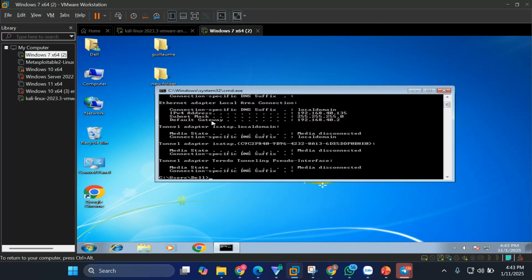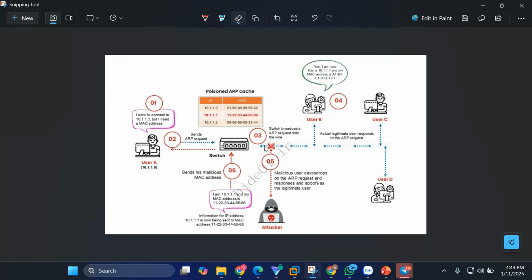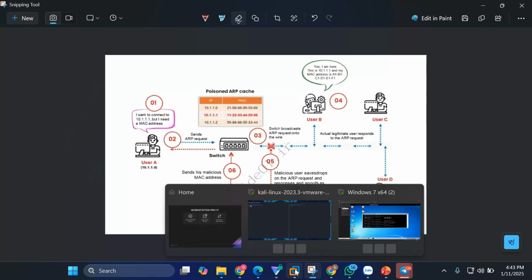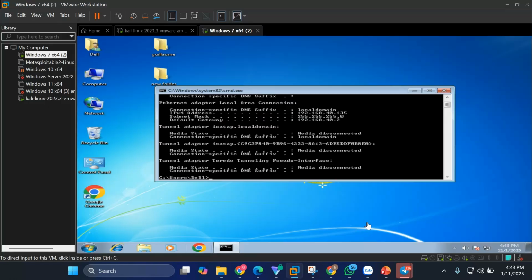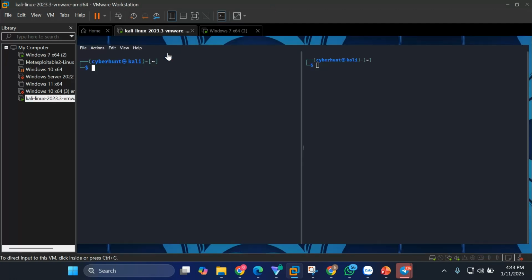And then we also have to take note of the default gateway. The default gateway here is going to act like our switch in this case. Remember that we are connected to the internet and we don't have a switch. In our tutorial, we have a router. So now that we know the default gateway, which is the IP address given to the router, we are going to come back to our Kali Linux,